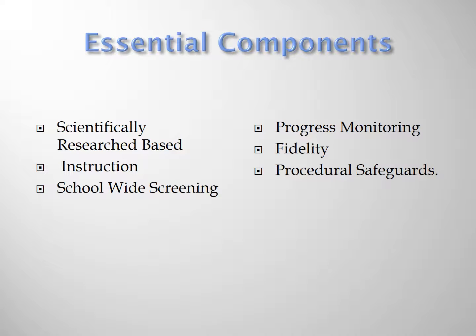Essential components of RTI. Scientifically research-based instruction: all children should receive research-based instruction, including reading instruction, in general education classrooms. School-wide screening: schools should screen all children early to determine if they are at risk of failure. Continuous progress monitoring: schools should monitor the progress of all at-risk children to determine if they are benefiting